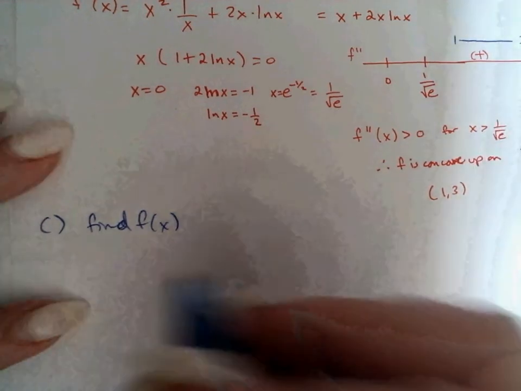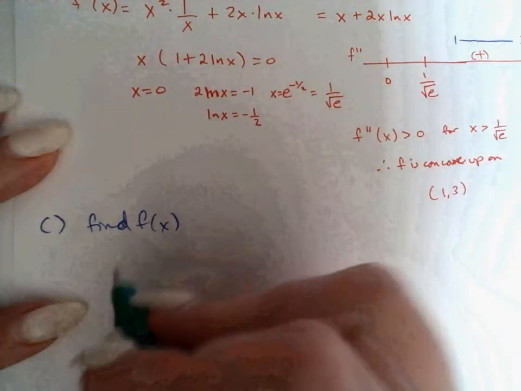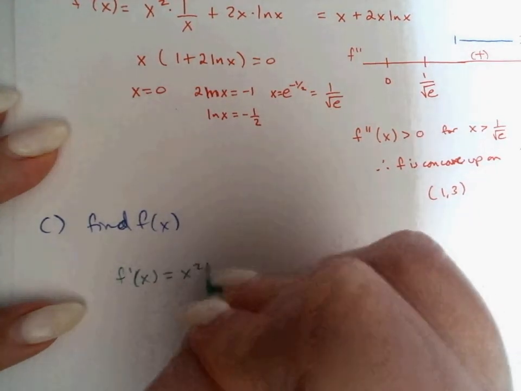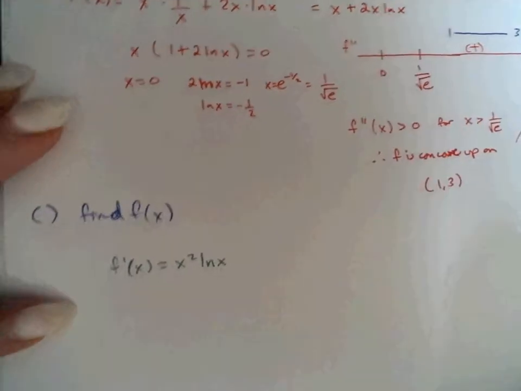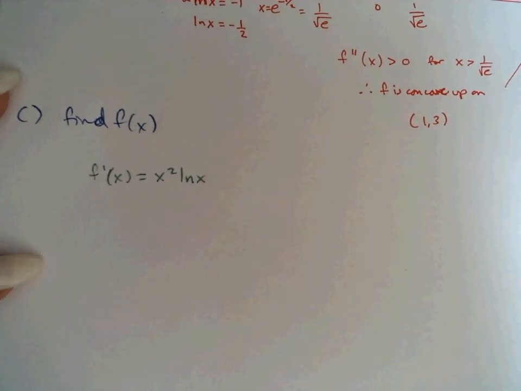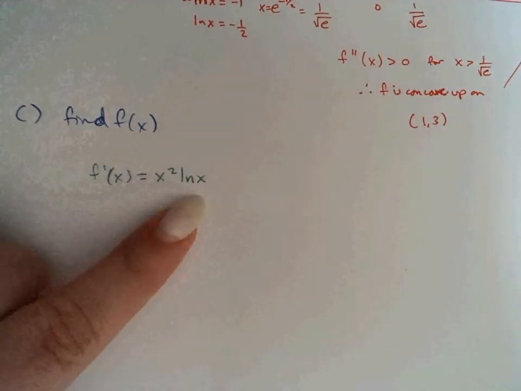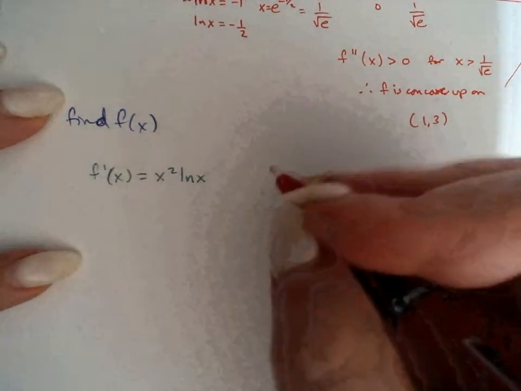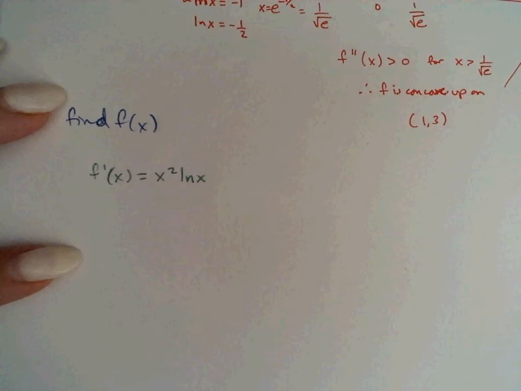Okay, we've got a first derivative of x squared natural log of x, which is definitely not a u substitution because, I don't know, you would pick maybe x to be u, but then you got x squared outside that you can't replace with du, so it's definitely going to be an integration by parts, and in fact, I hope that you would notice that it would be an integration by parts